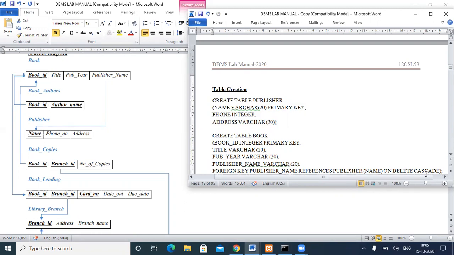For this, you can look into the previous video, where I have explained what on delete cascade is. It means if you are deleting any publisher detail in the publisher table, whichever book is referencing that publisher has to be deleted. This is about on delete cascade. So let me create this.